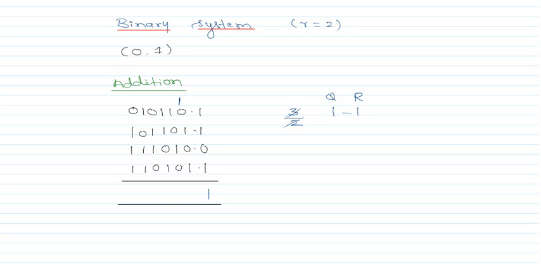Now next let us add 1 plus 0 plus 1 plus 0 plus 1. The total sum is again 3. Once again, 3 is greater than 2, so obviously I'll divide it by 2. We will get quotient 1, remainder 1. Once again, I'll write 1 as the remainder here, and the quotient 1 will be carried forward as a carry. So it is 1 plus 1, it is 2, 2 plus 0 plus 1 plus 0, again the sum is 3. Once again I'll divide this 3 by 2. I'll get quotient 1, remainder 1. The remainder I'll write here, the quotient will be carried forward.